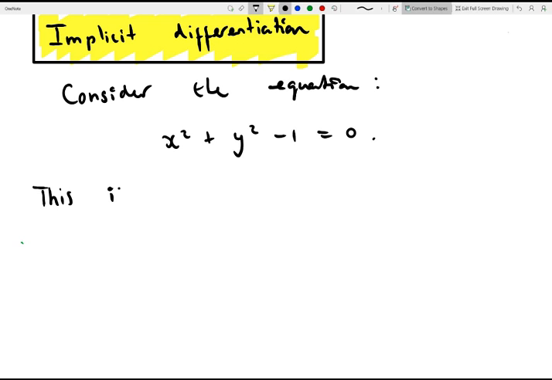So this is an example of an implicit equation,